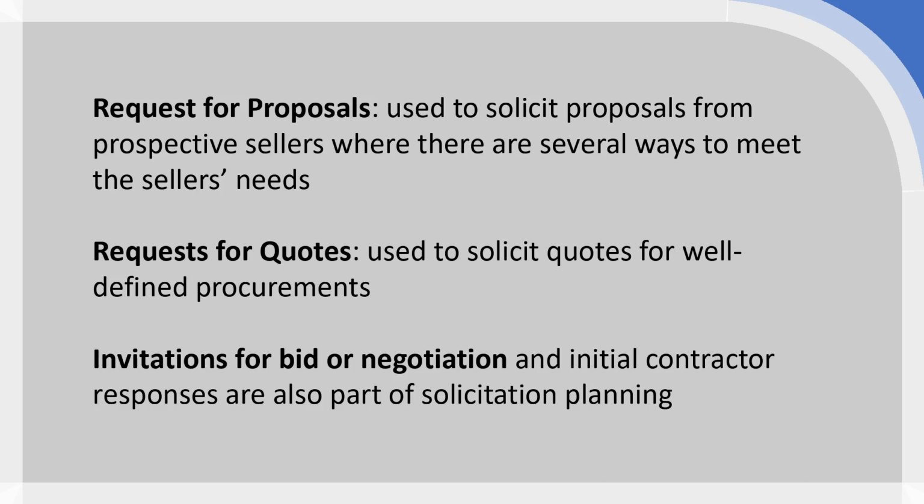If, however, you have a really well understood procurement item, let's say you simply need to purchase pens. Now writing is a necessity, but you're not really going to consider proposals for different types of solutions such as pencils or laser etching or anything else. You simply want a bunch of ballpoint pens. So we've got a well-defined, well-understood procurement activity here, and then you would typically go for a request for quotes instead. You're not looking for a complex solution, you just want an evaluation based on price and usually